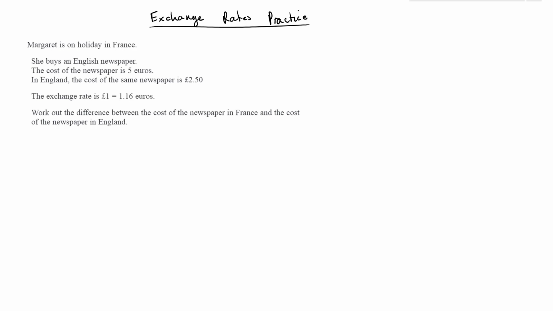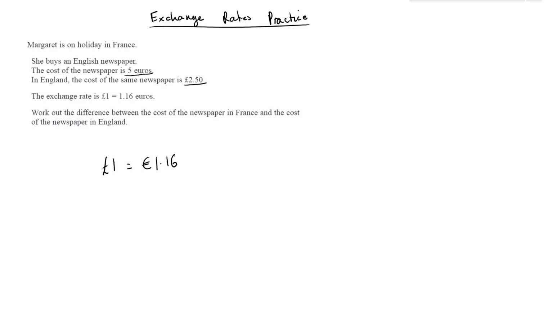So Margaret is on holiday in France. She buys an English newspaper. The cost of the newspaper is €5. So this is important. In England, the cost of the same newspaper is £2.50. The exchange rate is that £1 is equal to €1.16. Work out the difference between the cost of the newspaper in France and the cost of the newspaper